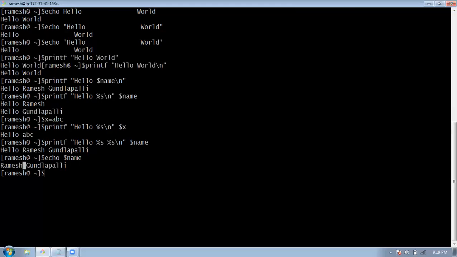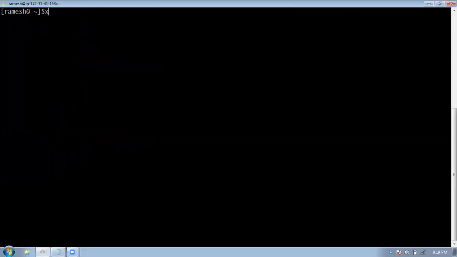Suppose now, let me try another way for integers or decimals. Suppose I have x equal to 100. Now we'll see the similar way how to use it for integers. I can use it like this, and after this I can use %d.